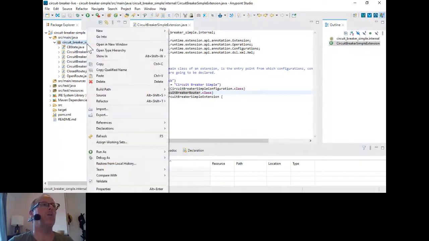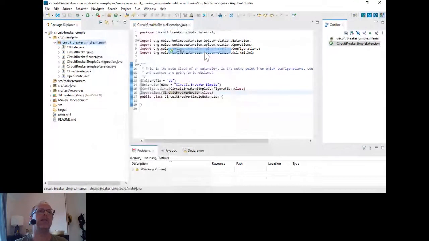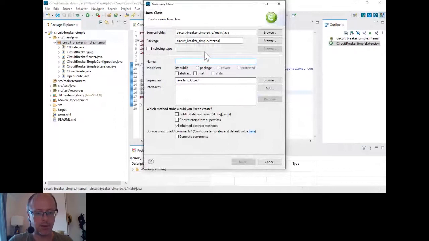Now, we could extract this out into multiple different classes and do it differently, but just for simplicity, and of course, this meetup is not about the logic of a circuit breaker. We know that. It's about how to create routes. So I'm going to encapsulate it all in one single class, which I'm going to call